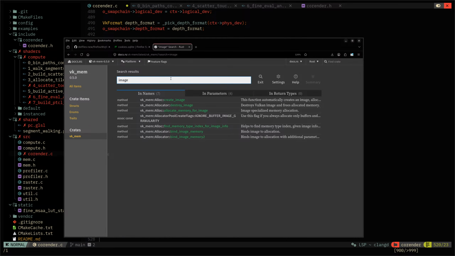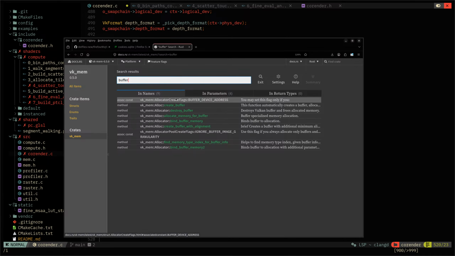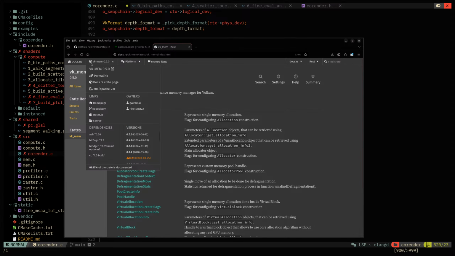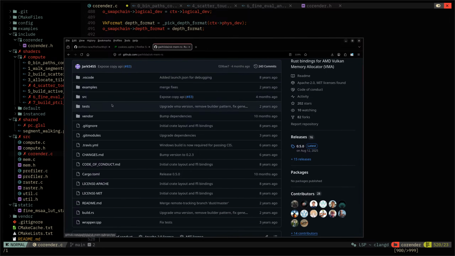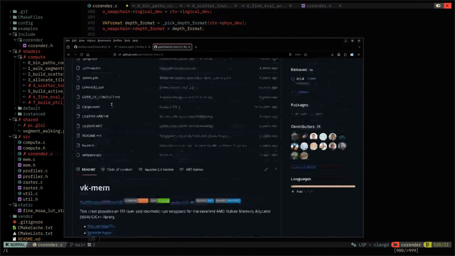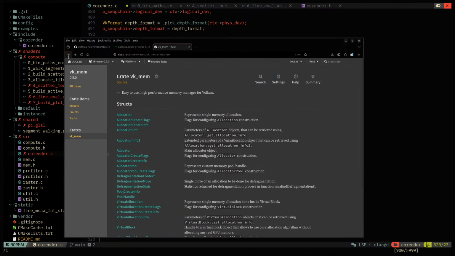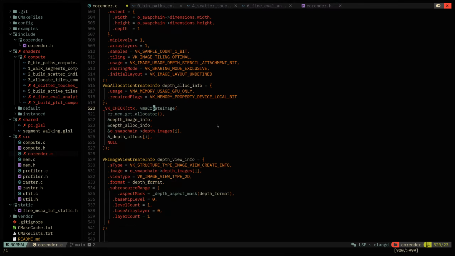Nice, okay. And what about buffer? Create buffer. I think we will use that, right? Do we want to use that? VKMM. Can I see the GitHub somewhere? Repository. Two years ago, four months ago. I think this looks okay, right? So yeah, might as well use that. Okay, but